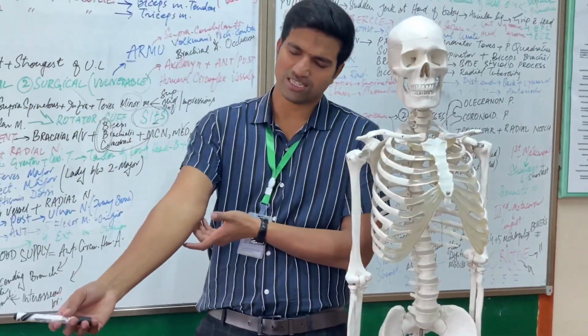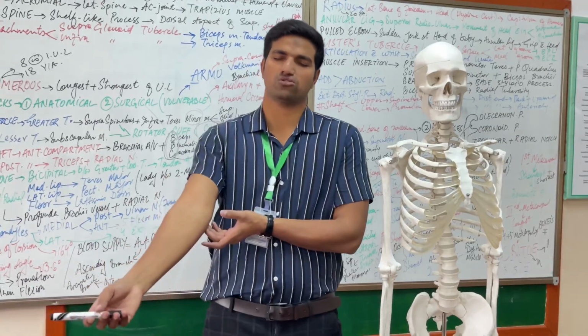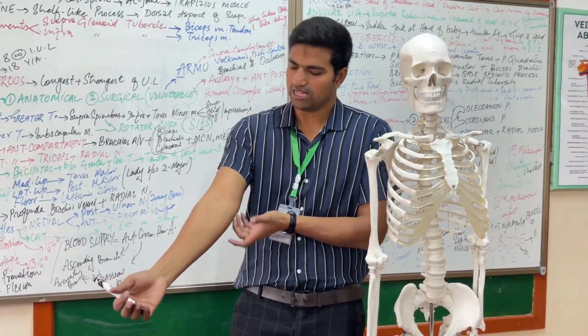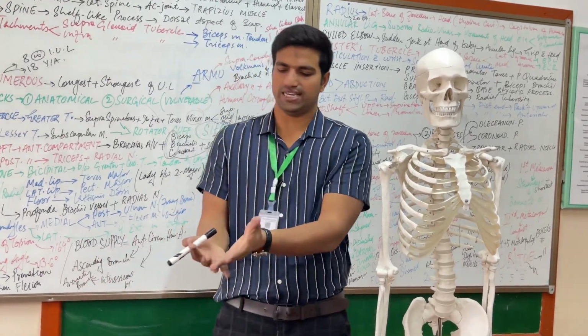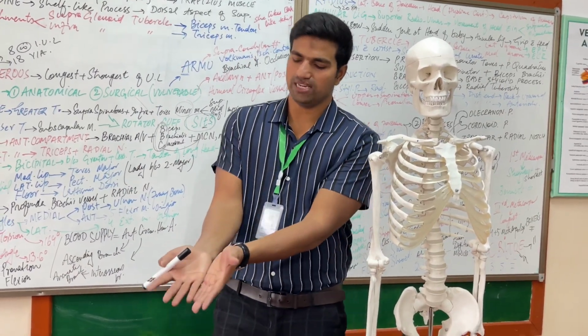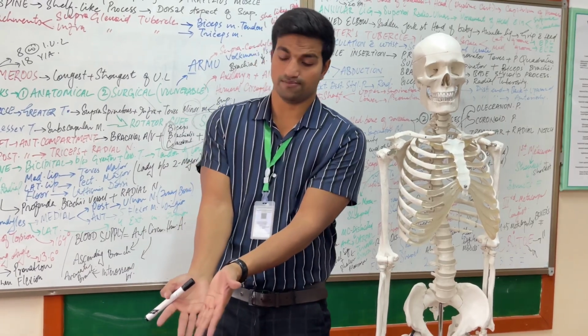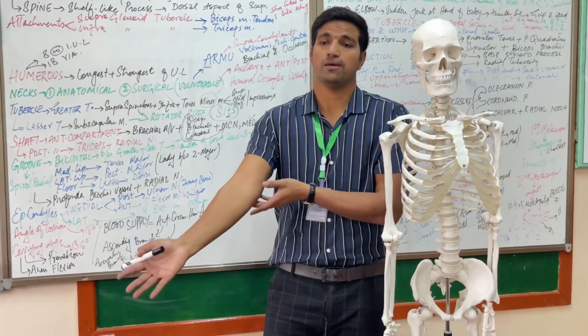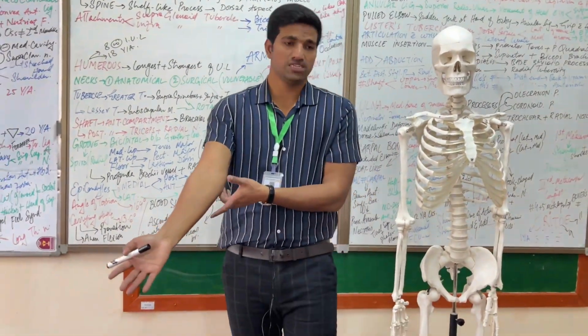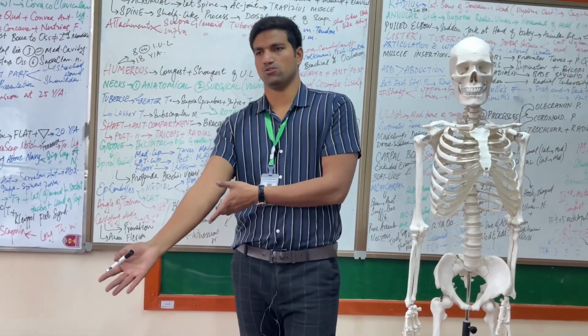And when it touches the posterior part of the medial epicondyle of the humerus, we feel a kind of tingling or numbness at the medial side of the fingers and hypothenar muscles also. This is called the funny bone. The ulnar nerve is present at the posterior compartment of the medial epicondyle of the humerus.